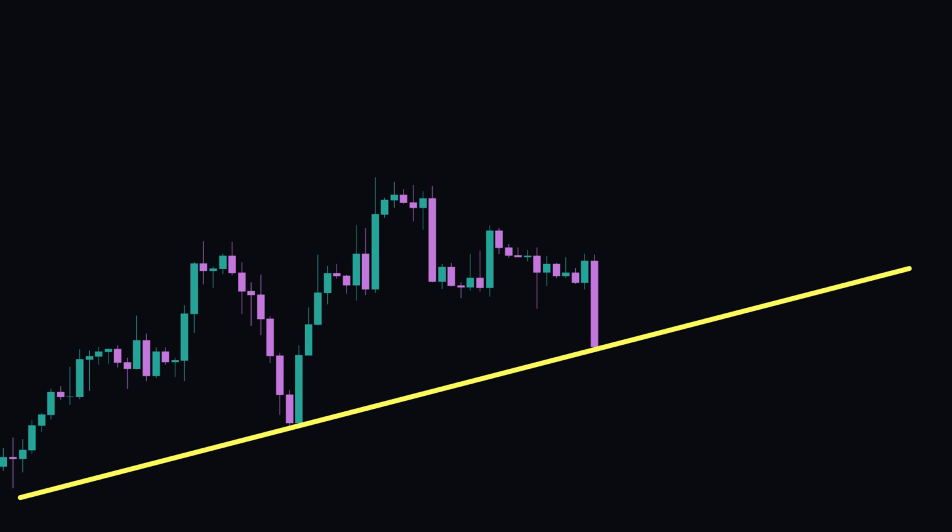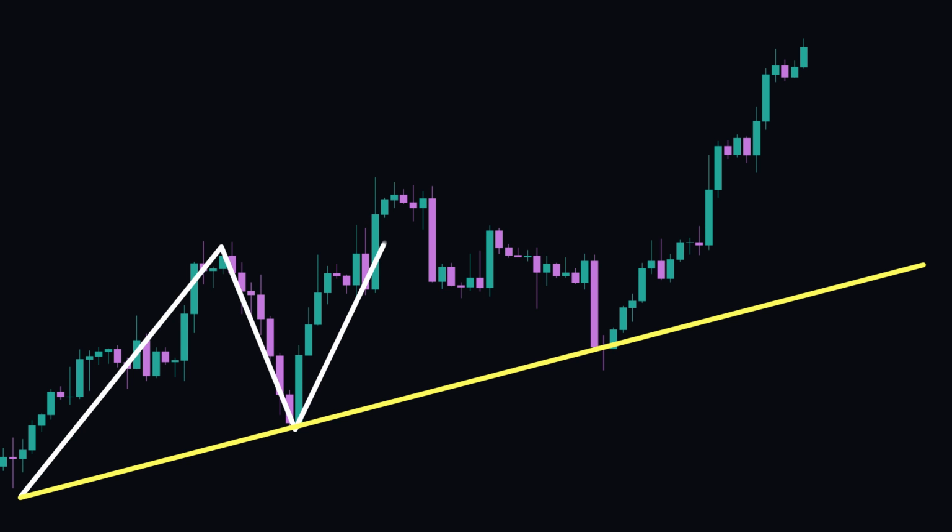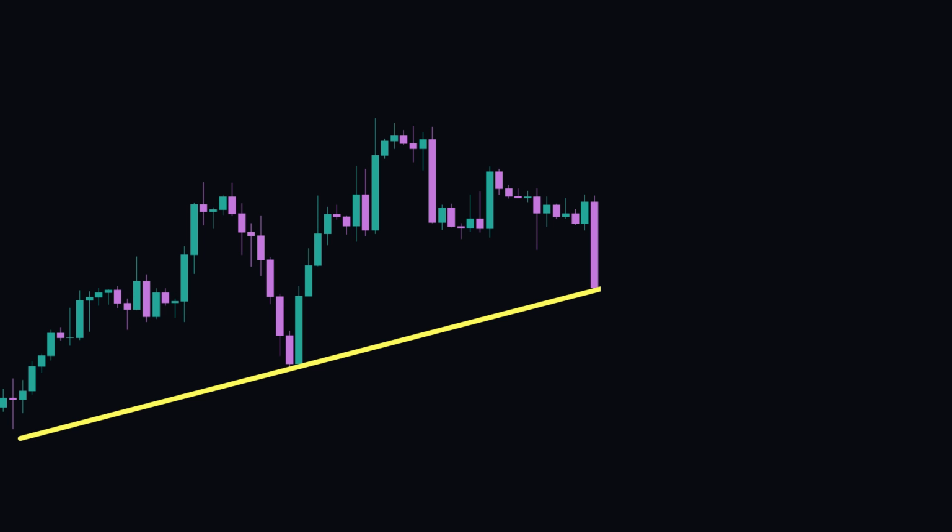For example, when you follow a trend line strategy, you might notice two specific patterns forming as the price meets a trend line. The first pattern is known as the continuation pattern. This happens when the price hits a trend line and then bounces back in the direction of the existing trend. The second pattern is the breakout pattern, which occurs when the price breaks through the trend line, causing the trend